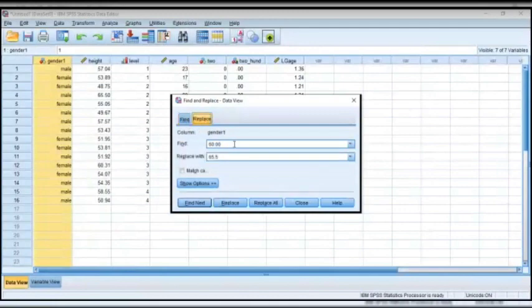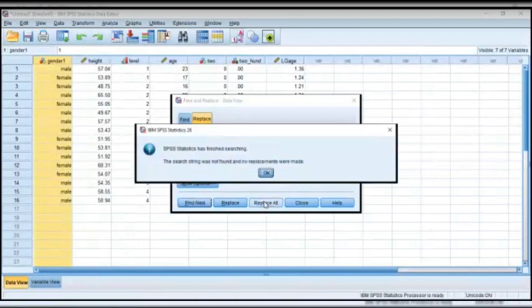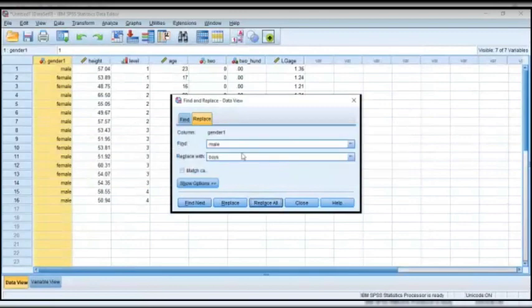What am I looking for? Under gender, I'm looking for male. What am I replacing it with? With boys. Okay, we can replace. It's saying that it doesn't match.